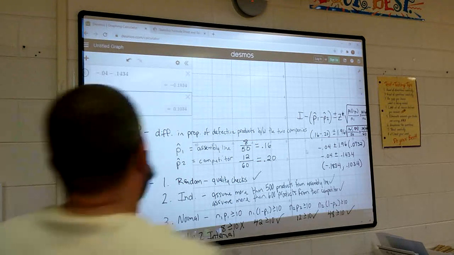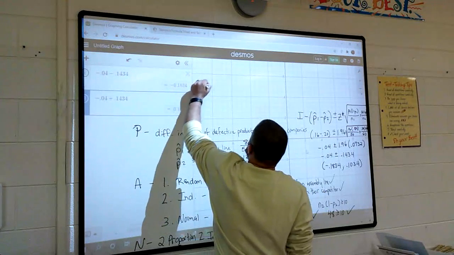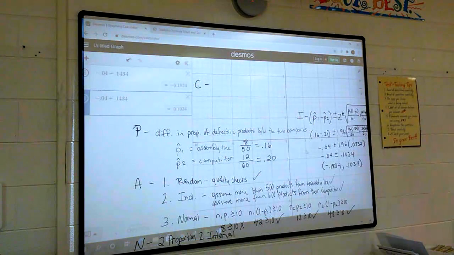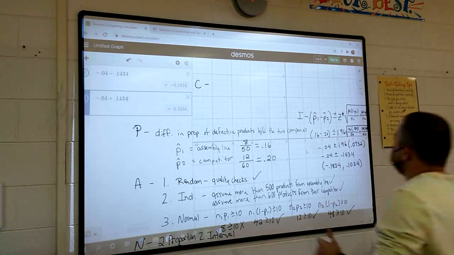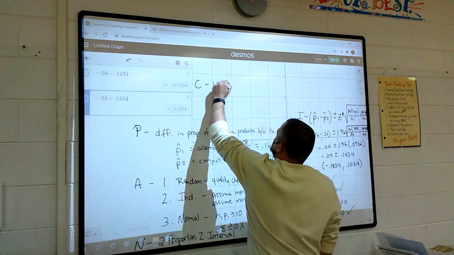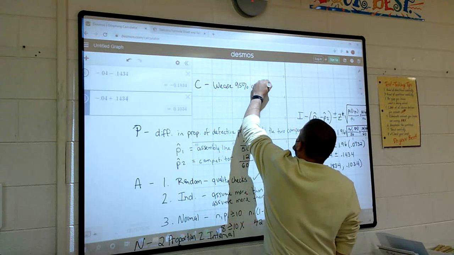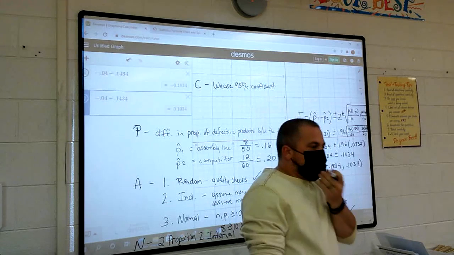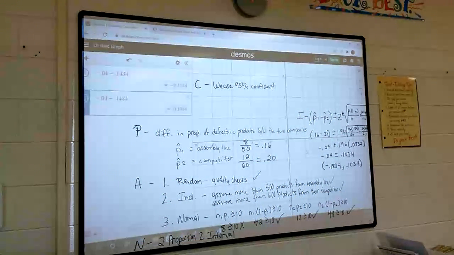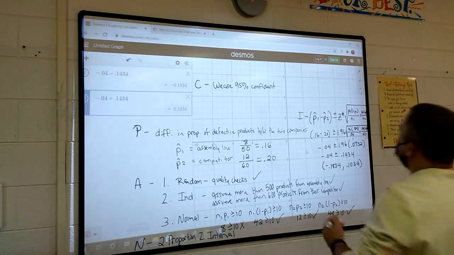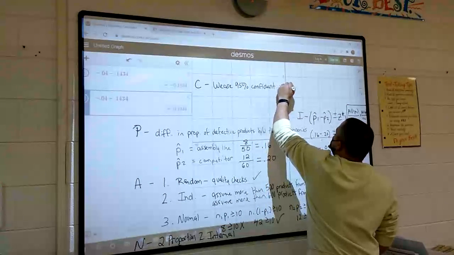Now, C is our conclusion. Again, a very important part and one that people mess up in the two proportions. So a lot of times people mess this up because they are not sure what it means. What does this actually mean? Okay, so we are 95% confident. And remember, she talked about that in the video. 95% confident means that 95% of the time we get a result in that interval. So that means sometimes we may not get a result in that interval. But we're 95% confident that the true